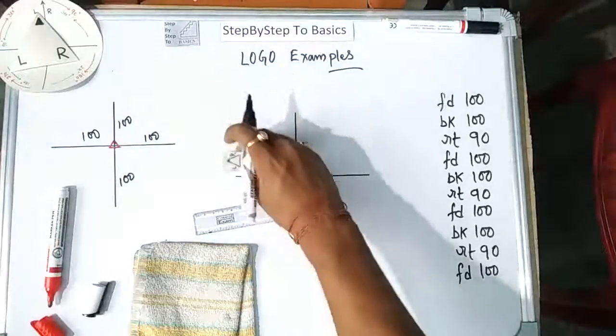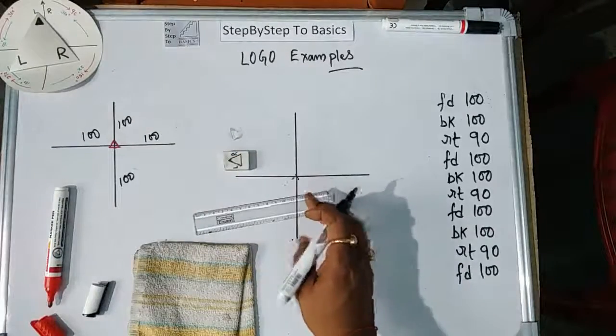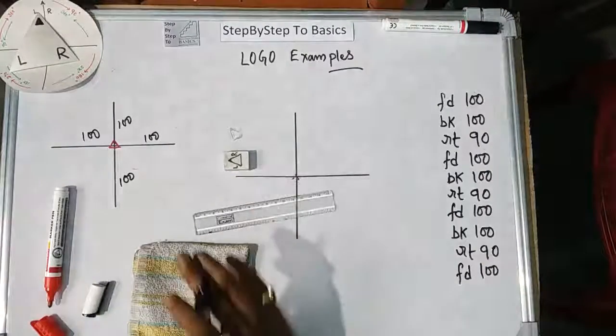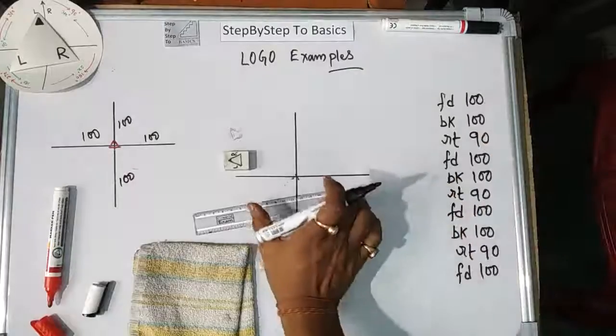Now it's up to you. Cursor is here. If you want to again bring it here, it's up to you. Then you can again write back, or you can leave it there also. So this way, this is the code to achieve this one.